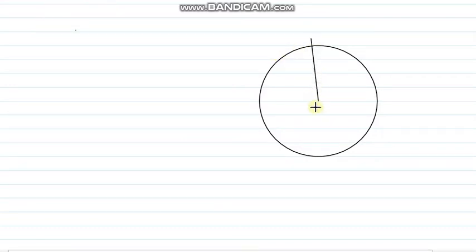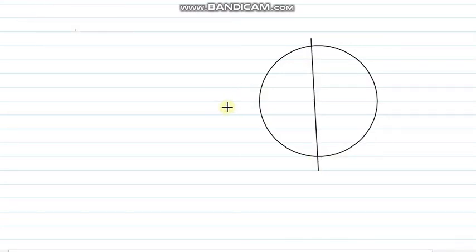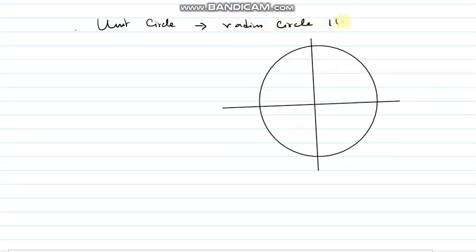So first I am going to draw one circle and this coordinate system. The name of the circle is unit circle. So from the name what can you assume? If you can't assume anything, the unit circle means the radius of the circle is 1 unit. Okay. And one more thing, this is my x-axis, this is my x dash, this is my y-axis, this is